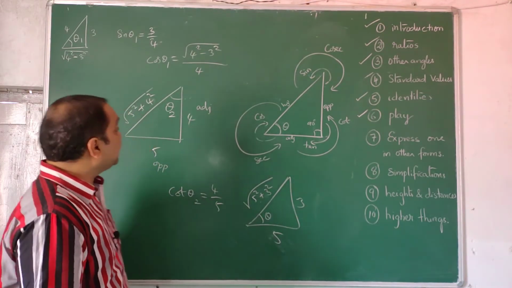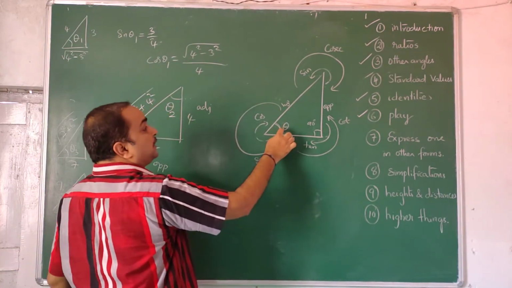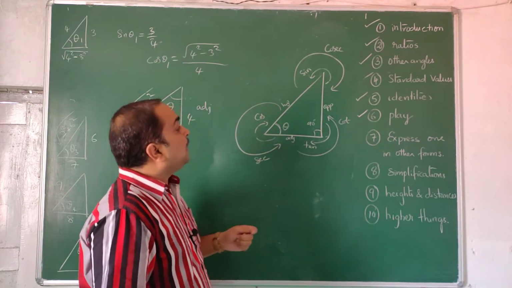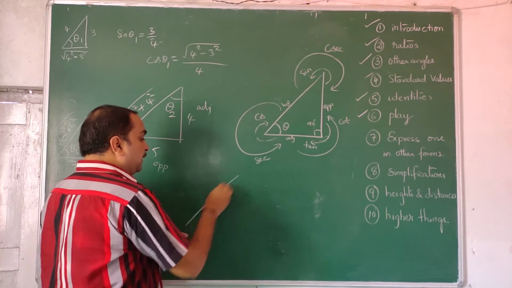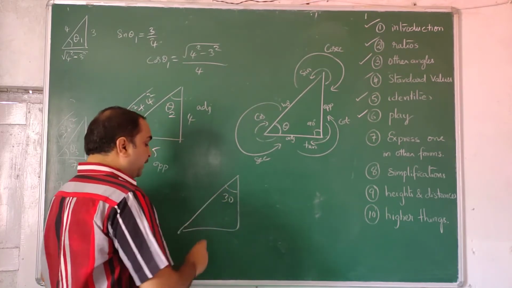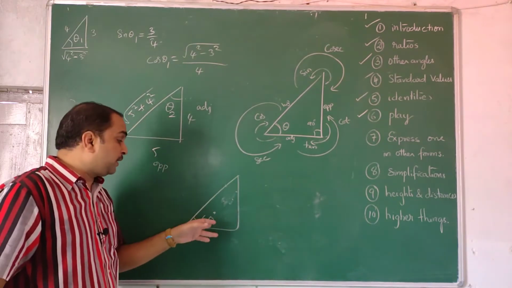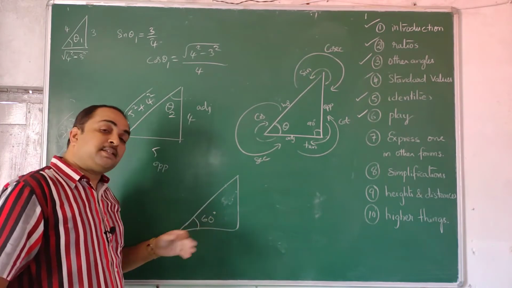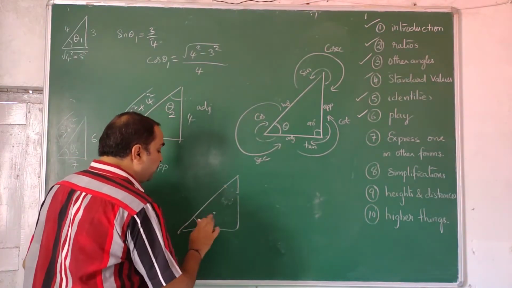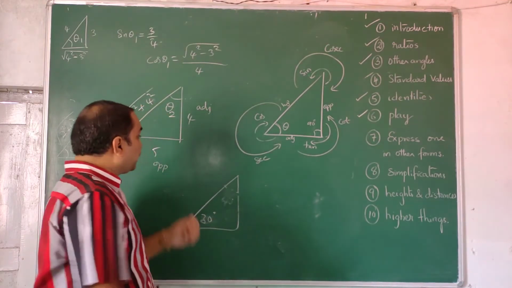This is one mistake. Second thing, many teachers and students get habituated to this theta, not this theta. But theta can be given anywhere. Either you bring it back, for example if they give this angle as 30 and you don't want that to be taken, you write this as 60 and proceed with the original methodology, taking 60 wherever it was 30, and all values will come correct. Or if you want to put this 30 here, then you also have to change the sides. You turn the triangle and take.